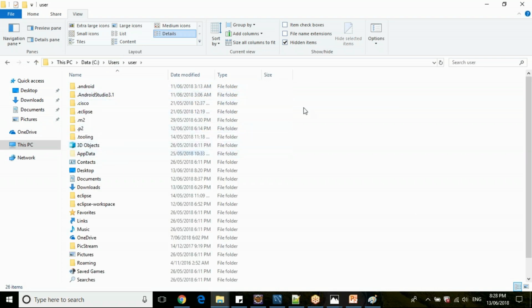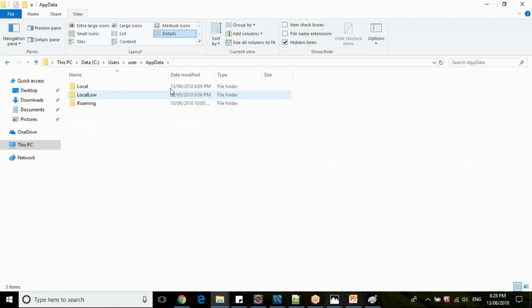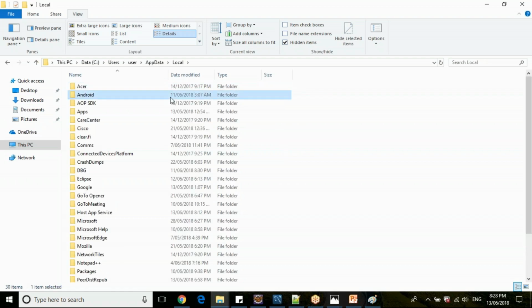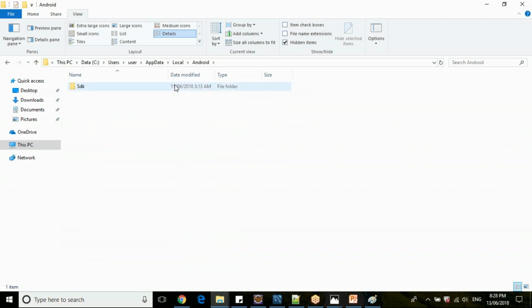Go to AppData. If you are not able to view AppData, enable your hidden files. You will see three folders. Go to the local folder, go to Android. This is your SDK where it is installed. Your Android SDK is installed here, correct?